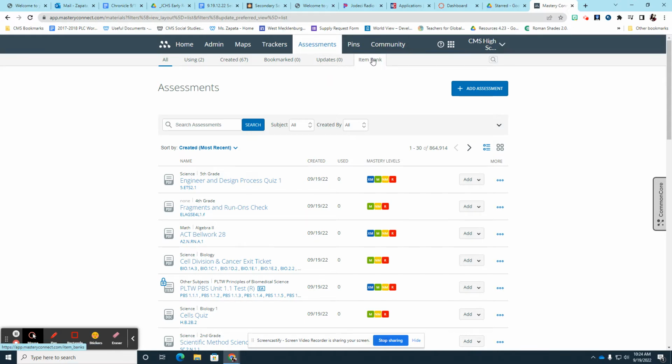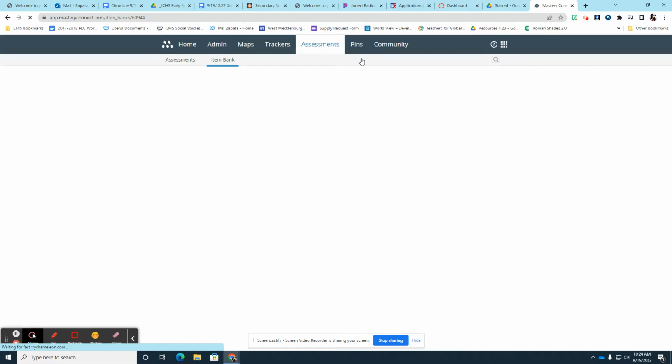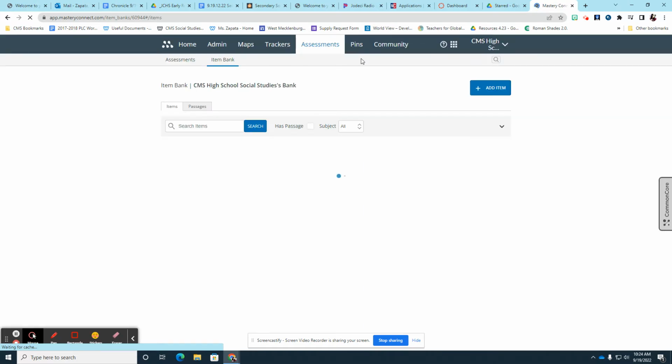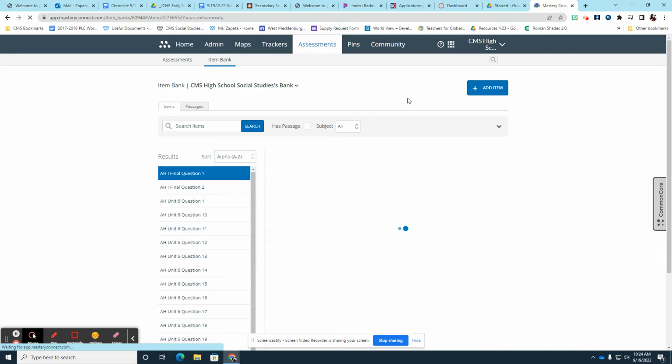Then once you get under assessments, you can go to item bank. Now you're going to have your own personal item bank, which you at this time cannot share with other teachers, which is a pain. But what you can do is you can share the assessment after you create it. So if you add an item,